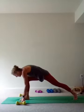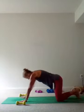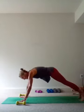Exhale to warrior 2. Reverse that warrior. Pull those weights to heart center. Plant them on the ground. Chaturanga. Inhale up. Exhale, down dog. Take a deep inhale and a deep exhale. We're going to roll out to a high